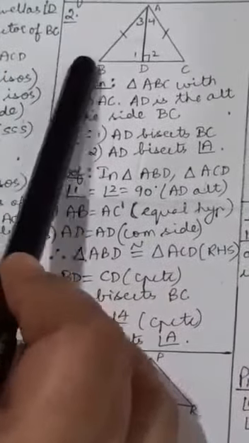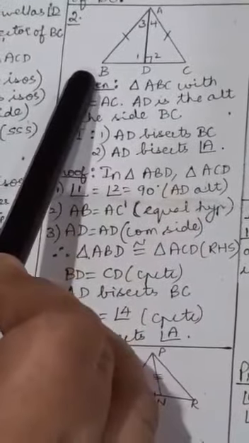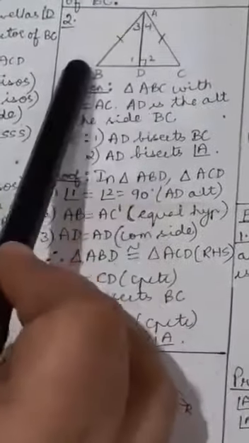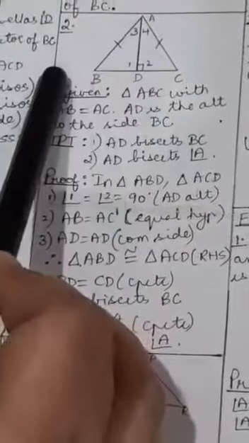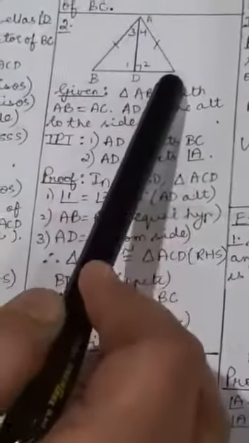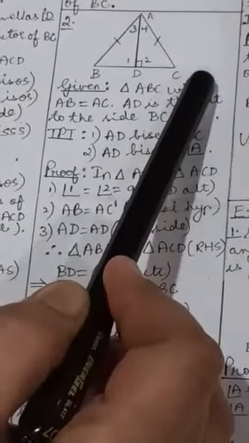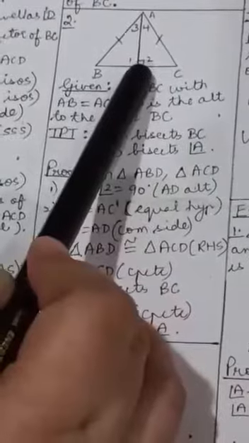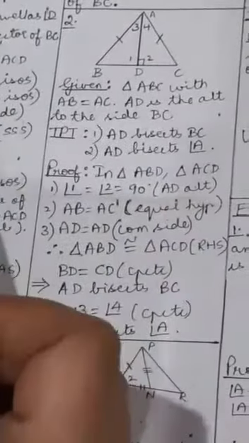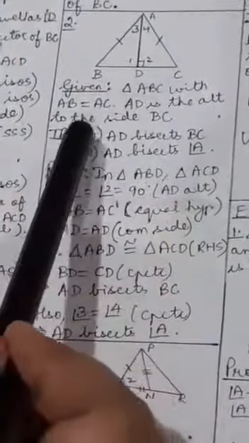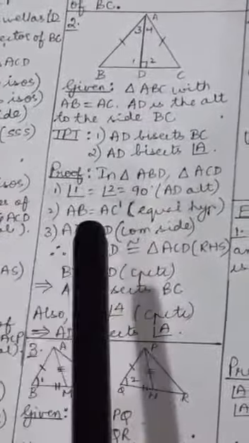This is a right triangle, correct? ADB is a right triangle because angle 1 is 90 degrees. Then what can you say about AB? It's the hypotenuse. AB is the hypotenuse in triangle ADB. What about AC? AC is also the hypotenuse in triangle ADC because angle 2 is 90 degrees. So opposite to angle 2 is AC. We know that the side opposite to the right angle is the hypotenuse. So AC is also the hypotenuse in triangle ADC.